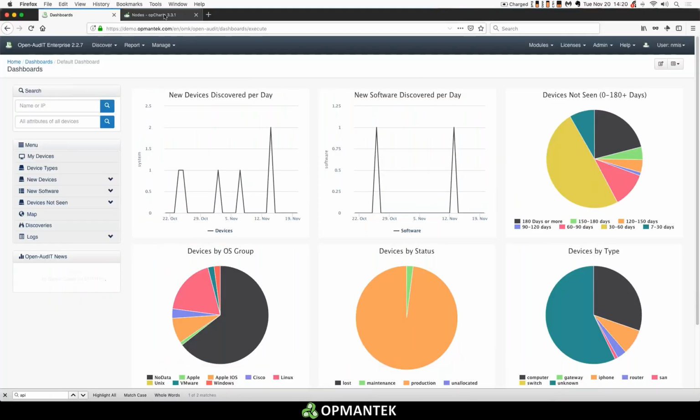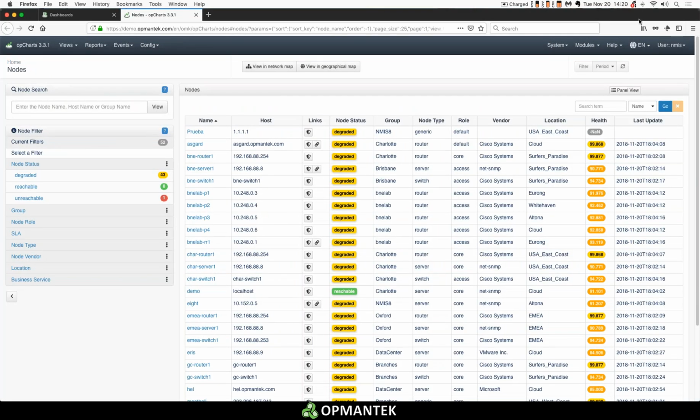So let me just switch over to opCharts. Now, this is the main nodes view in opCharts. It's literally just a table view list of every single device that opCharts is connected to and gathering information from. And it's important that we're actually gathering information from these devices live, right? So opCharts with NMIS as its underlying engine,